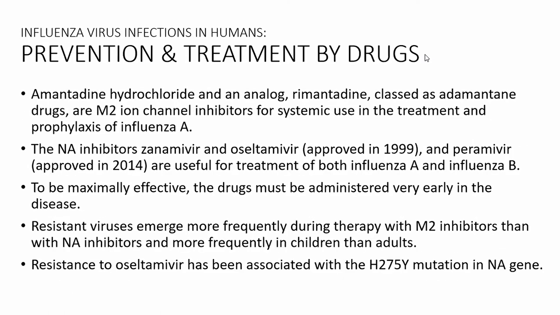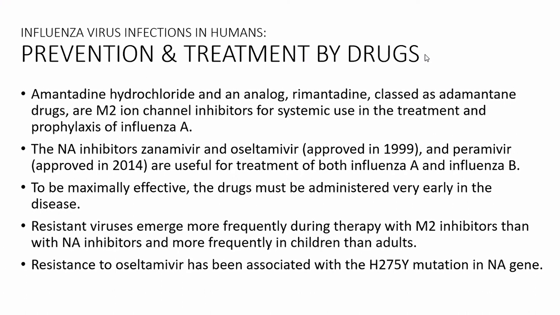Now, for the prevention and treatment by drugs, amantadine hydrochloride and an analog, rimantadine, classed as adamantane drugs, are M2 ion channel inhibitors for systemic use in the treatment and prophylaxis of influenza A. There are also the NA inhibitors, zanamivir and oseltamivir, approved in 1999, and peramivir in 2014, which are useful for treatment of both influenza A and influenza B. To be maximally effective, these drugs must be administered very early in the